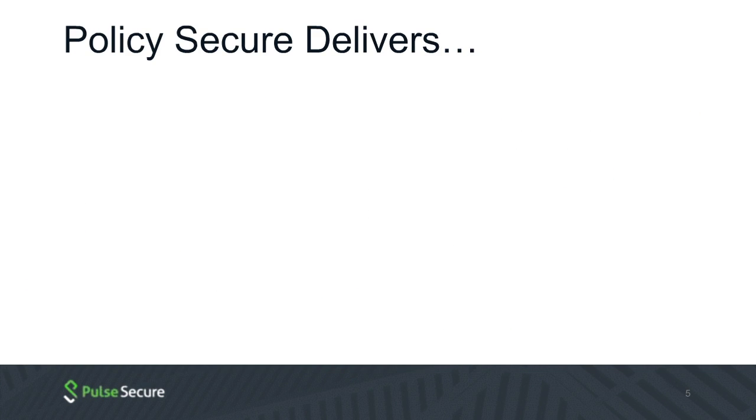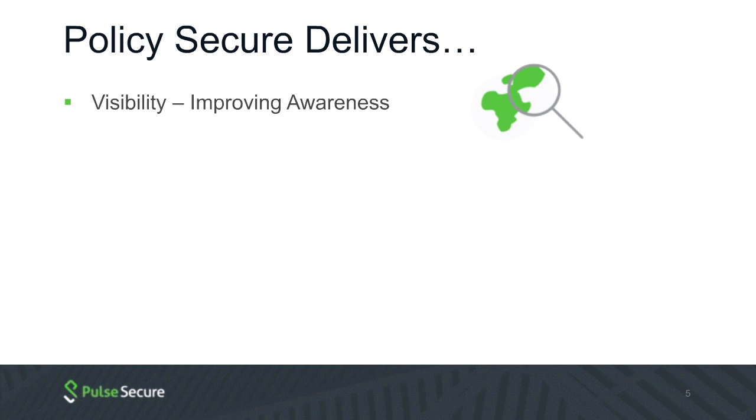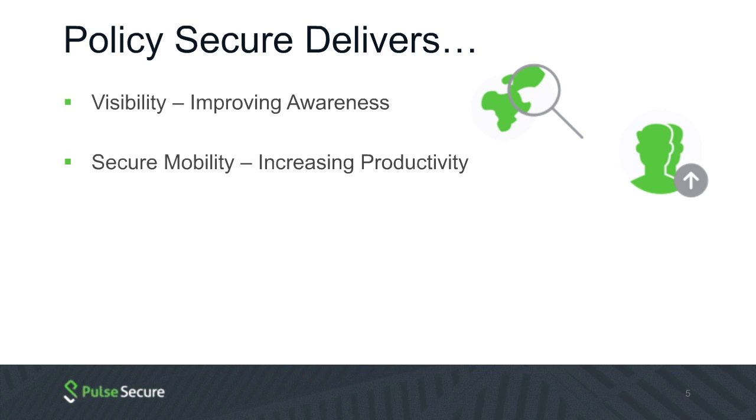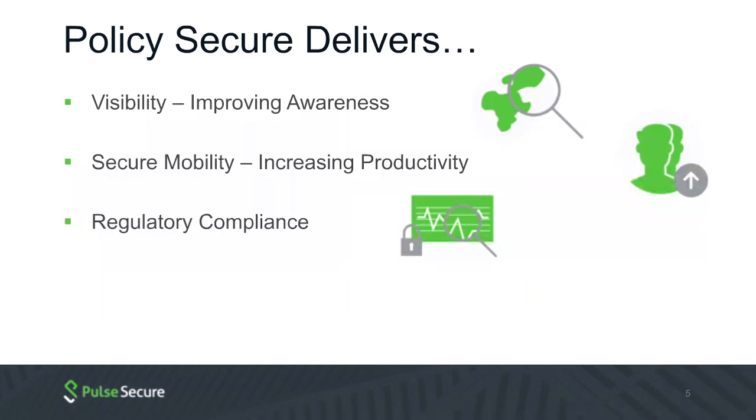Today we're going to talk about some of the benefits that Policy Secure delivers. The first of those benefits is visibility, the improvement of understanding who's on your network. Another benefit is secure mobility, extending seamless access control and secure resource access to all sorts of platforms, all types of locations. A third benefit is obviously the ability to both ensure and prove regulatory compliance, sometimes requiring the ability